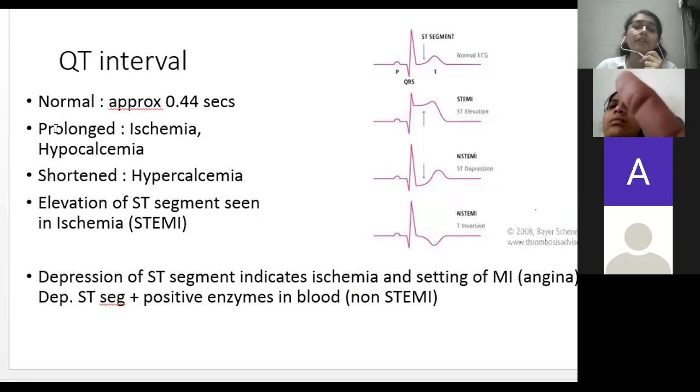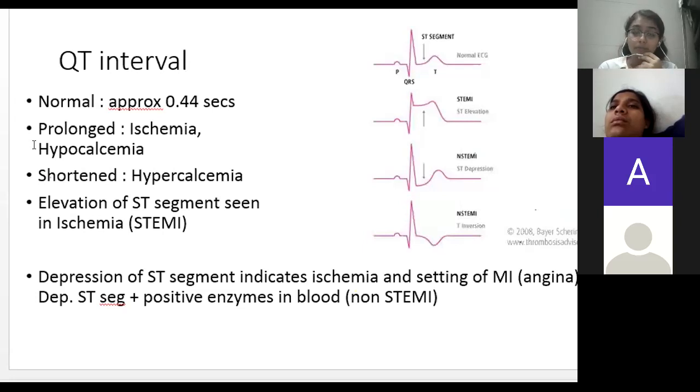Okay. Now, if there is a prolonged QT interval or say prolonged ST segment, it has become wide and broad, it is taking more time, more than 10 small boxes, then what are the reasons for this happening? There can be ischemia. There is no proper blood supply. There's some problem with the coronary blood supply of the heart, and or there may be a problem in muscle contraction.